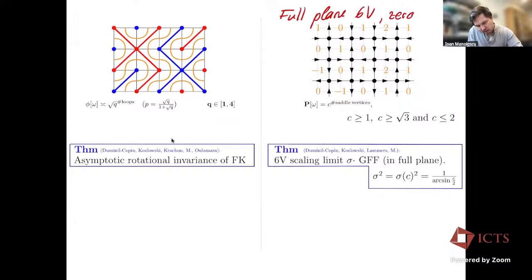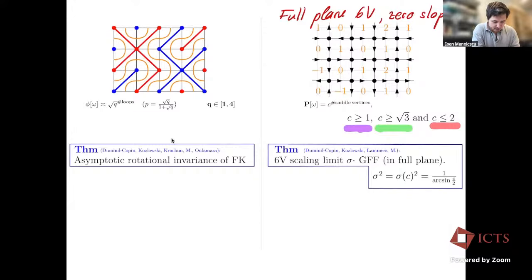And I will write here that it's full plane with 0 slope, so that we don't forget it. Okay, there are a few constraints on the parameter, namely C needs to be larger than 1. It needs to be larger than square root of 3, and it also needs to be smaller than 2. So let me explain a little bit about these constraints and about what goes into the proof